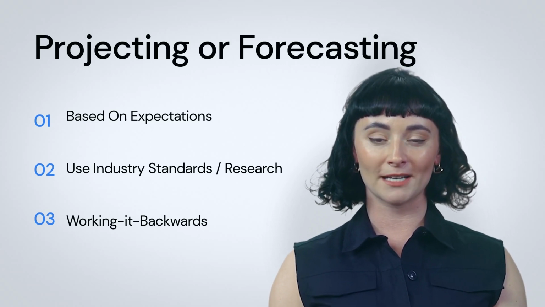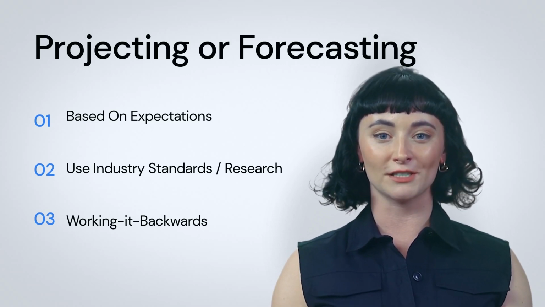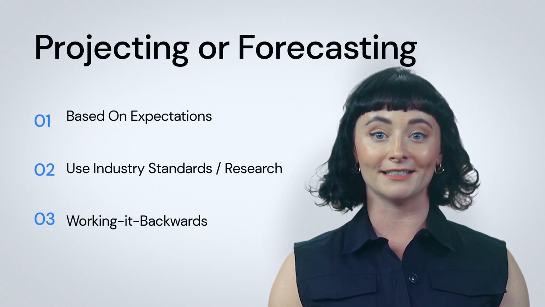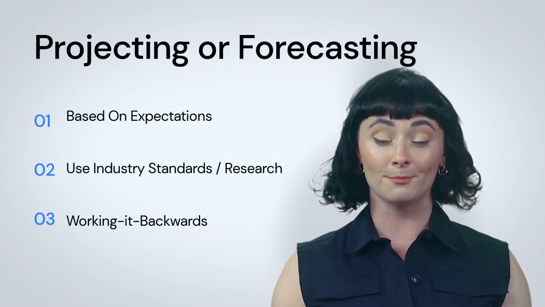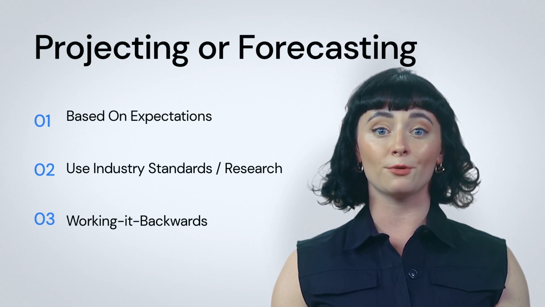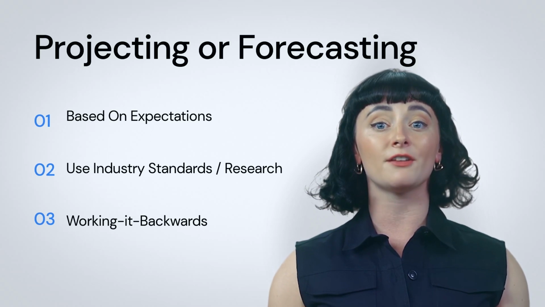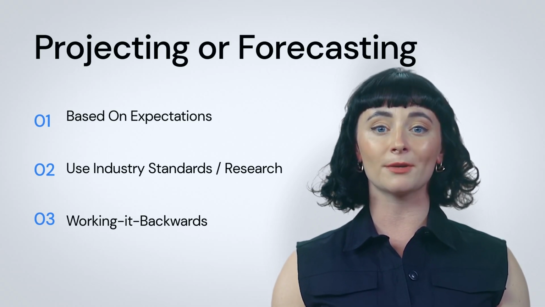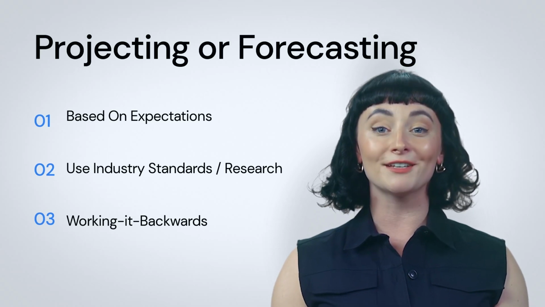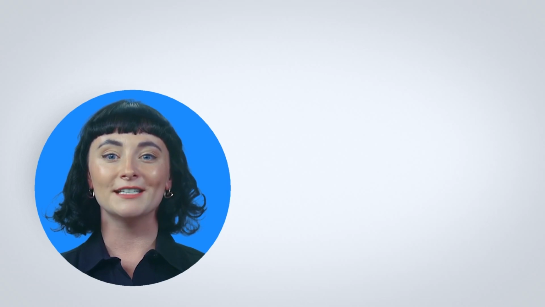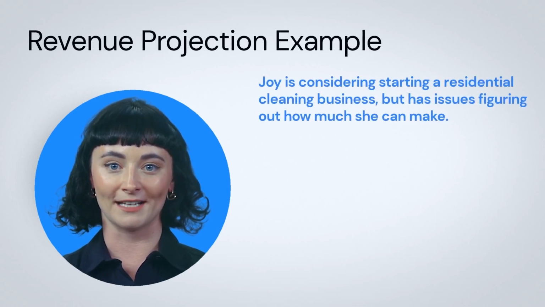Once you have a base figure in mind as to how many customers you can service, the next step is to determine how much they can pay you. This becomes the revenue. When determining how much you can be paid, consider your average product volume and amount. Think about how much the average customer spends on your product or service. Take that figure and times it by the number of customers you hope to see. This becomes your sales revenue projection for the day, week, month, or the year. Let's take a look at a revenue projection method together.